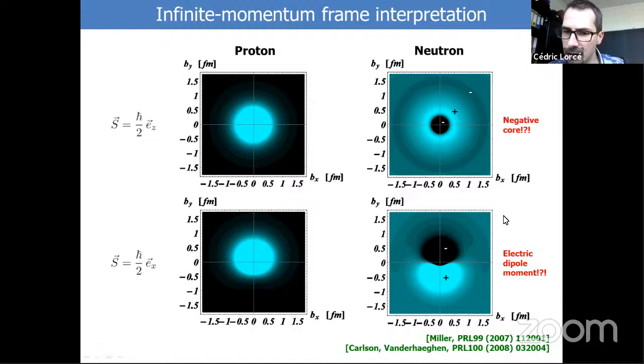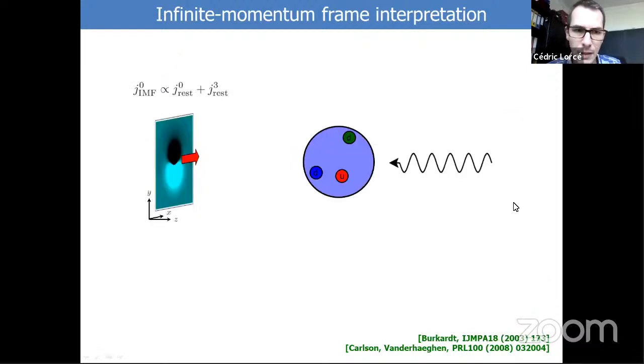And it's a bit surprising because an electric dipole moment, what does it mean? Because parity and time reversal symmetries, which should be respected by the strong force and the electromagnetic force, should prevent the existence of an electric dipole moment. And while we see a clear electric dipole moment, this last effect has been understood very quickly as follows. So remember that the picture I showed was not the picture of the nucleon at rest, but the nucleon moving with the speed of light.